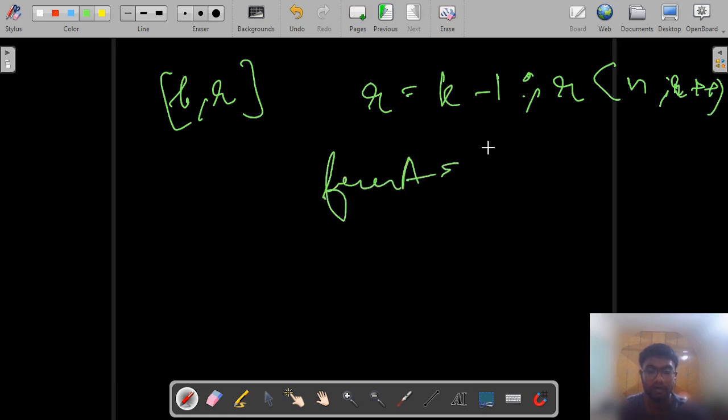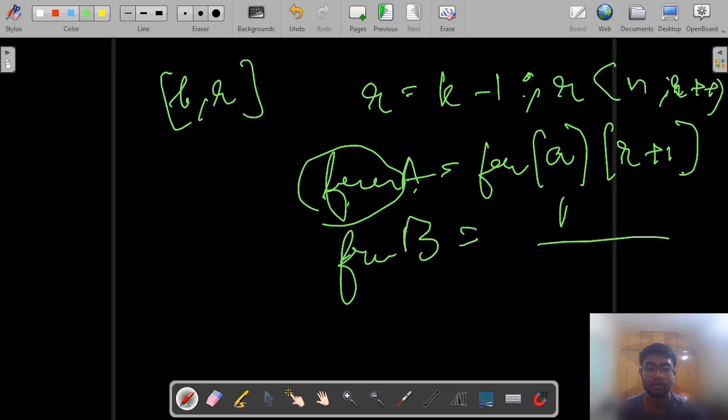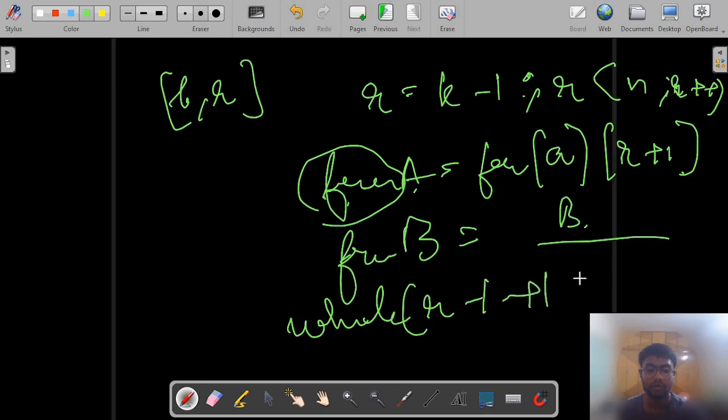It would be this way where frequency of A is equal to frequency of A comma right plus 1. This will be part of our frequency array that we initially built. Similarly, frequency B. While right minus 1 plus right minus left is greater than k and frequency b minus,